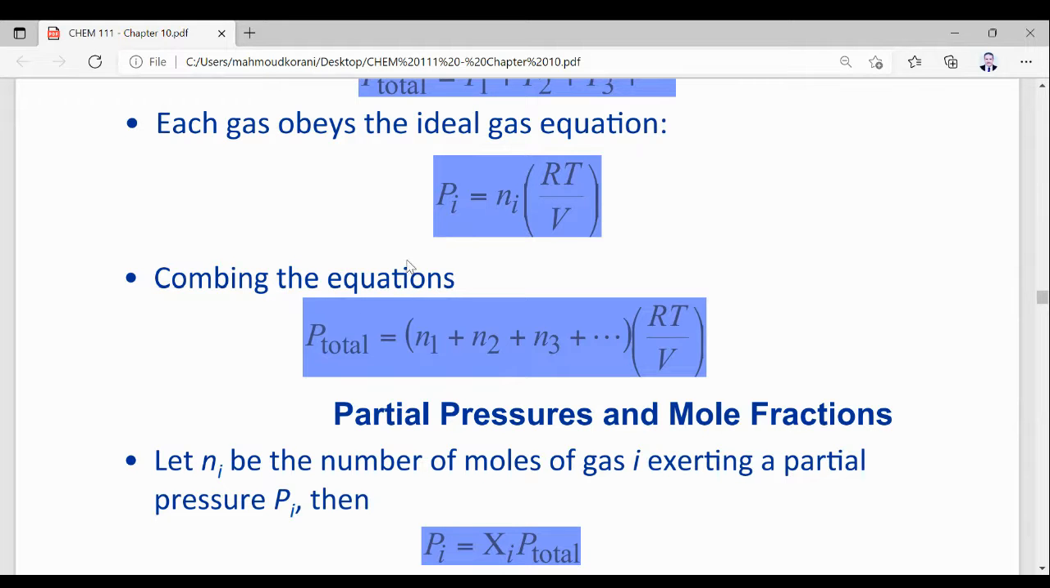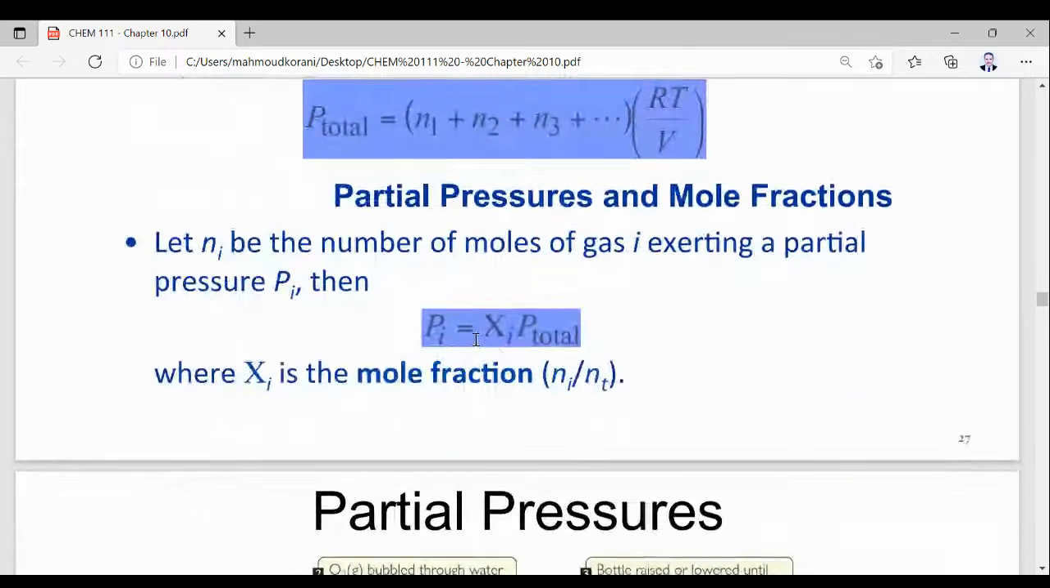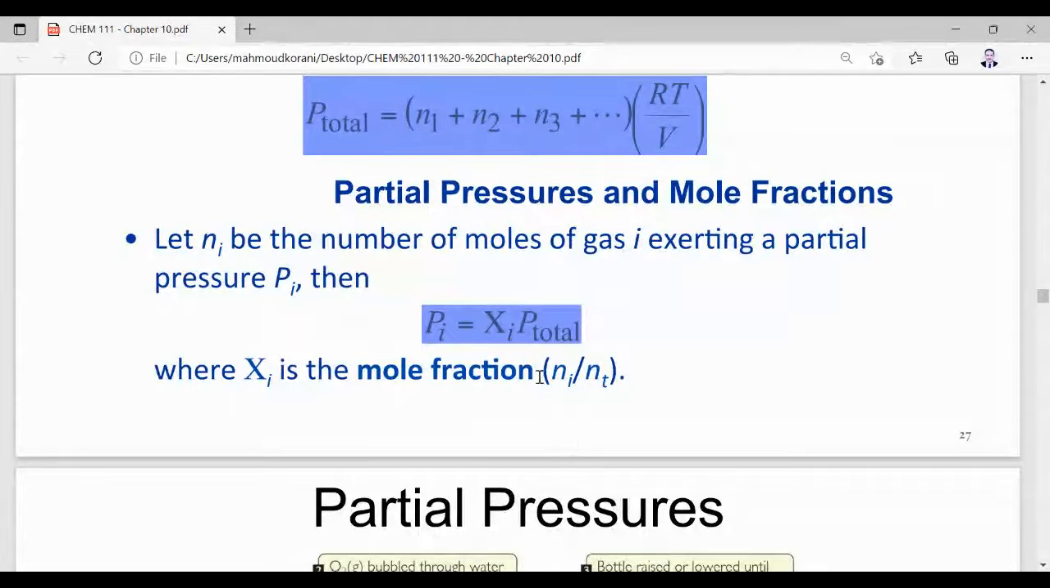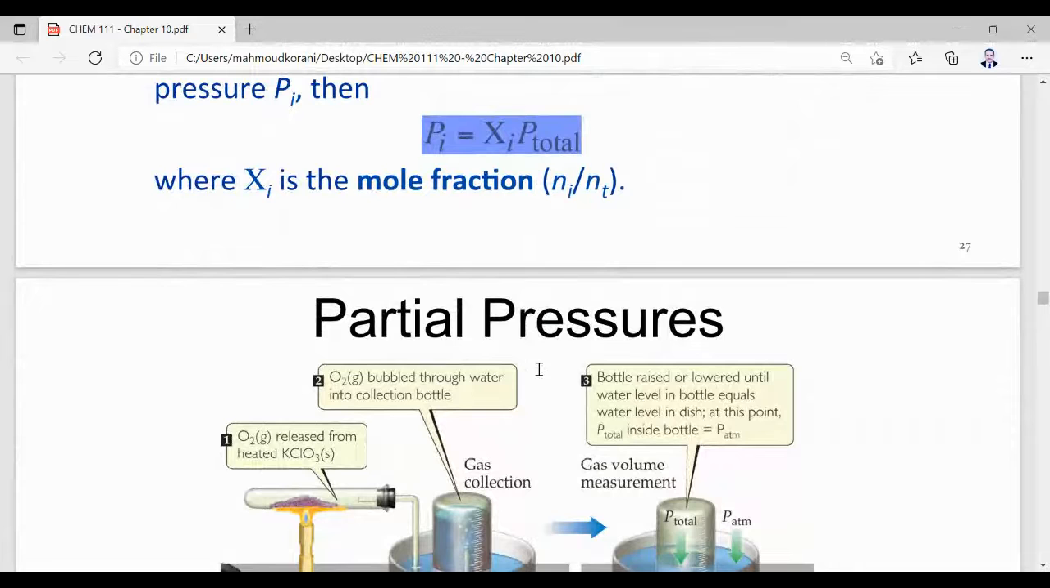If you divide this one by this one, RT divided by V will cancel, and you will find Pi divided by P total equals Ni divided by N total, and Ni divided by N total is the mole fraction of component i. So at the end of the day, the partial pressure of any component of the mixture is given by its mole fraction times the total pressure of the mixture. Now we are going to